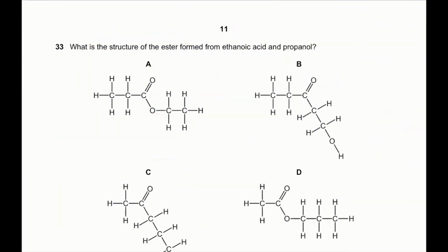Question number 33, guys. What is the structure of the ester formed from ethanoic acid and propanol? Guys, the best way to do it is to do it ourselves. Ethanoic acid means there will be 2 carbon. Eth means 2 carbon. And propanol means there will be 3 carbon, with the alcohol group. So guys, when we draw this structure, it's the best way of doing it. So we can see we are forming